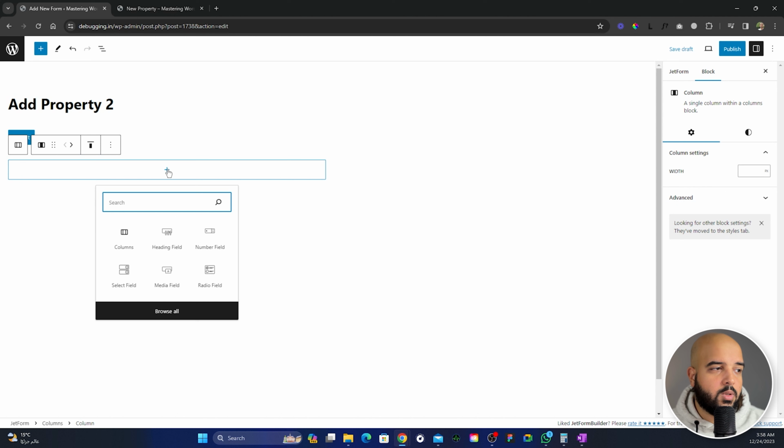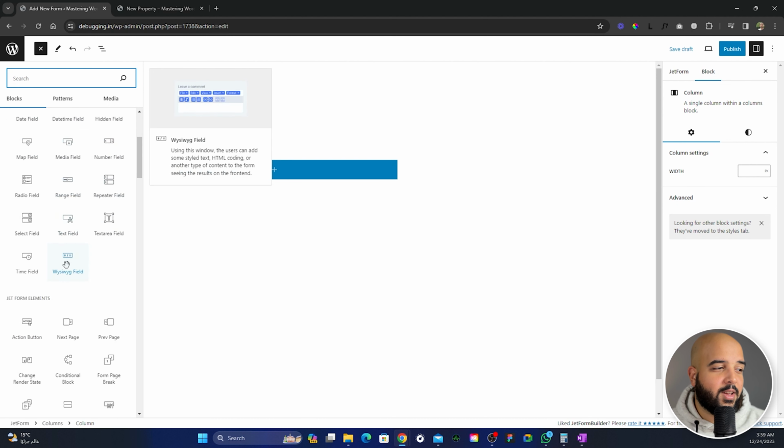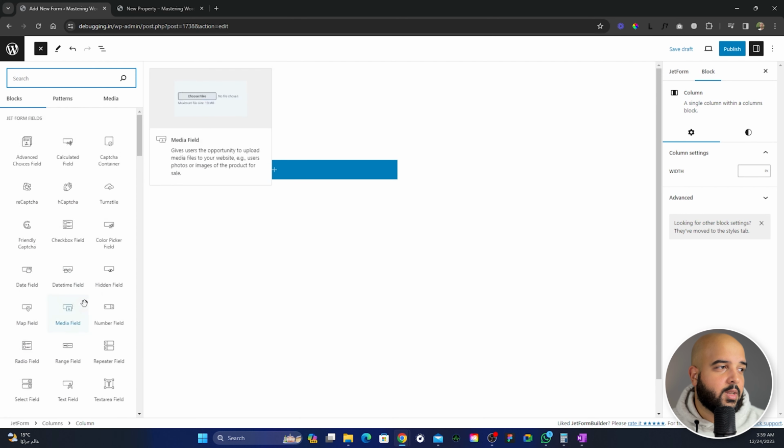And in the first one, let's browse all. If you have used a field before, you can find it in the recent here, but if not, you can browse all. And here under the JetForm fields, you can find all the fields we have, and you have some elements also here. So first we need this to be a media, so let's search for a media field, which is here,